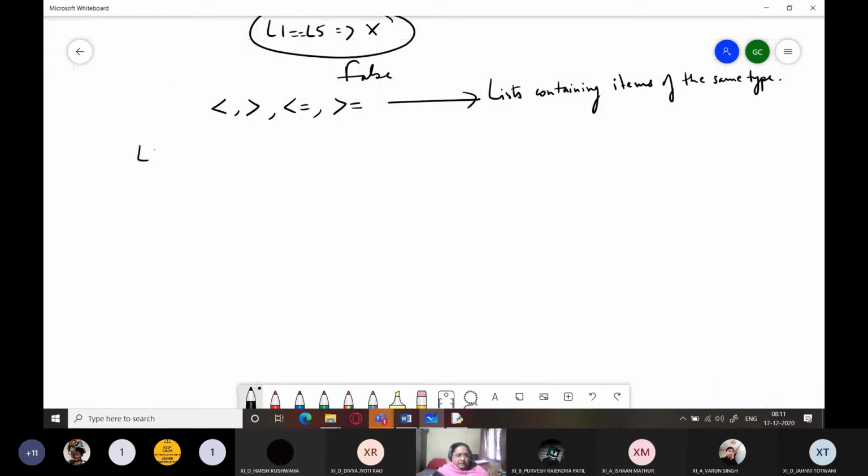I have L1 as 1, 3, 10 and 25 suppose, and I have L2 which contains 1, 3, 10 and 20. We have these two almost similar lists. The number of elements is the same in both, okay? But you can still compare them. If I write L1 less than L2, how is it going to compare? So watch very closely.